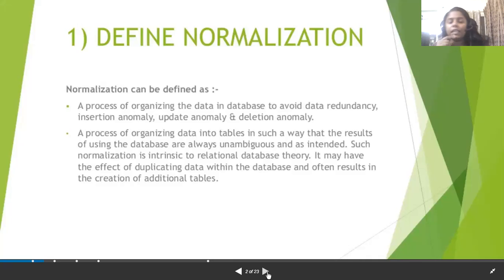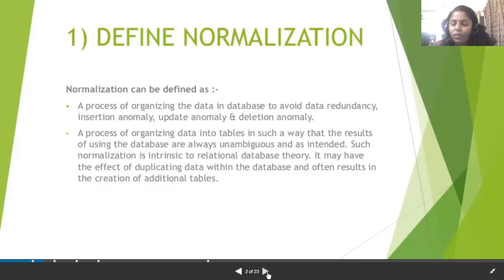Data redundancy simply means the repetition of data. The repetition of data will use a lot of storage space in our system, or in our database. So the available space is occupied by the repeated data.